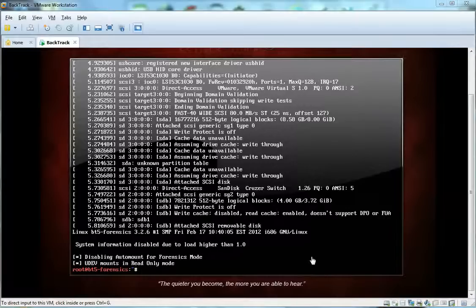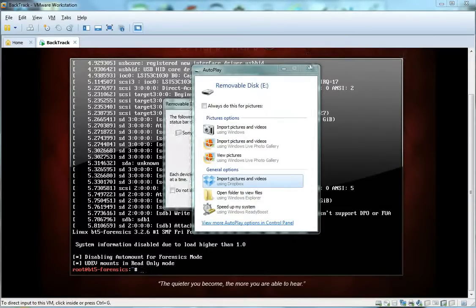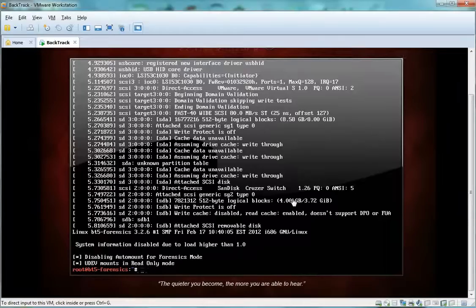So as you can see, it's booted to the command line. You can see where it says disabling auto mount for forensics mode. We're going to go ahead and attach our source USB drive. And since I'm using a VM, I'm going to have to connect it to the virtual machine. Okay, now we're ready to